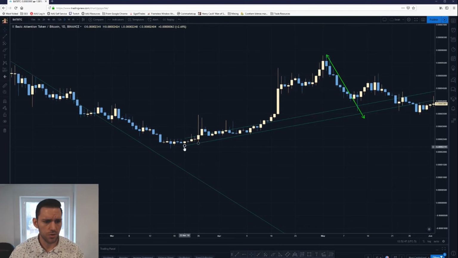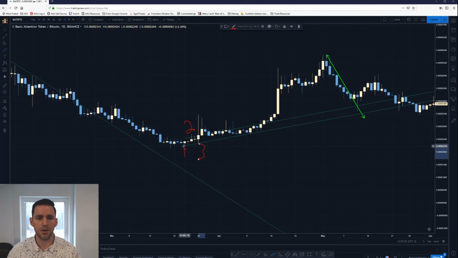So what we would do here is we take the swing low. There would be 3 points to recognize here, so I'll label them. The swing low would be 1. Oops, this would be 1. This would be 2, and this would be 3. Now the reason this is 1, 2, 3 is number 1, this is the swing low that started the up move,